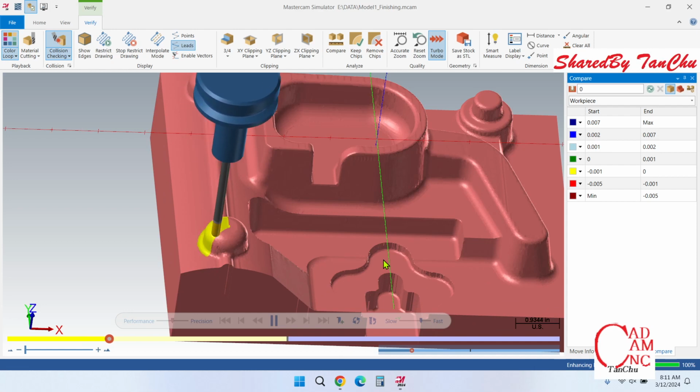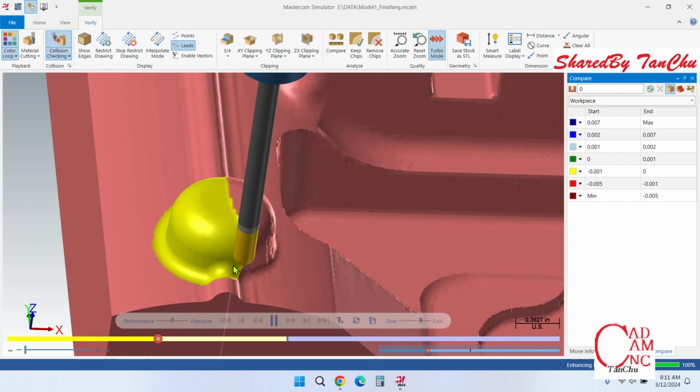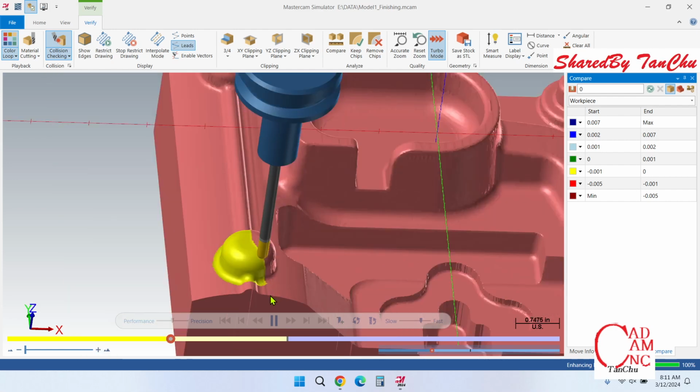Right now it runs the one node over here,